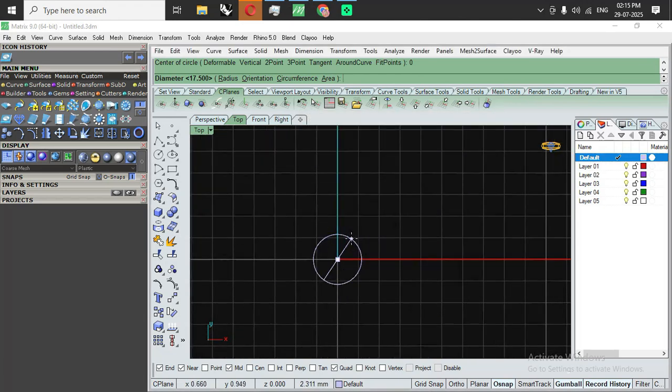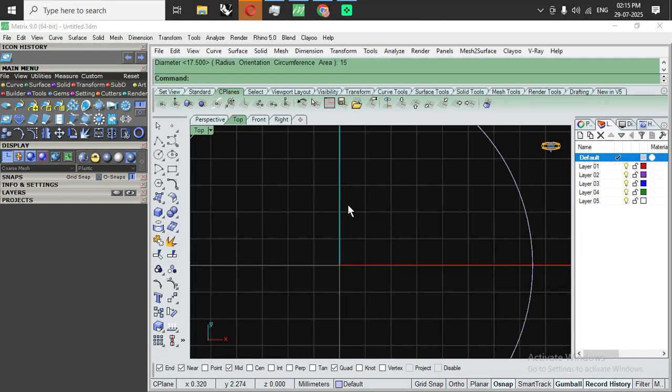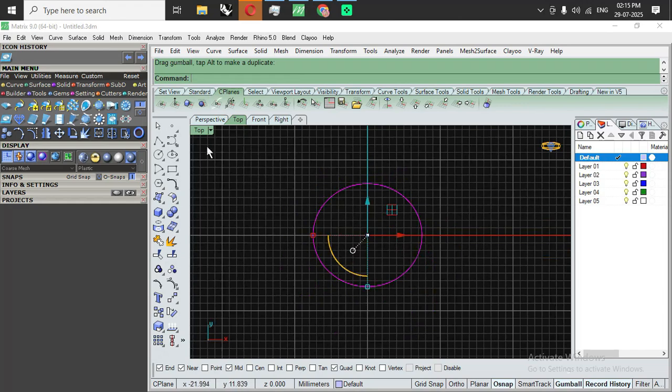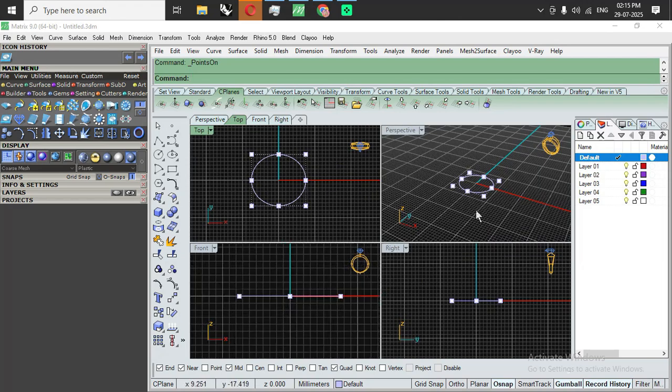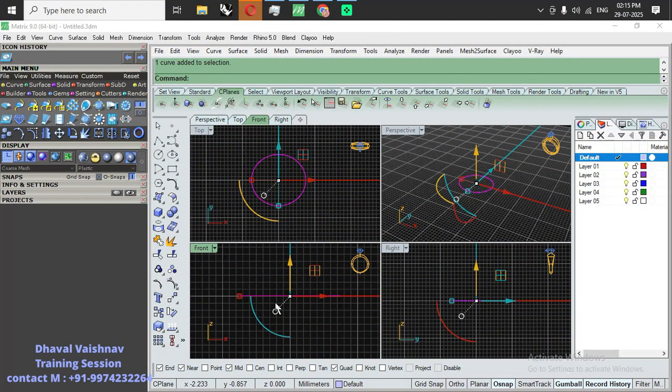Okay, so let's make a diameter of 15. Okay, now let's make a little bit oval shape, and then let's turn on the control points. Okay, so this is fine. Go to four views, and now we need to select the circle from this front view and then apply the twist